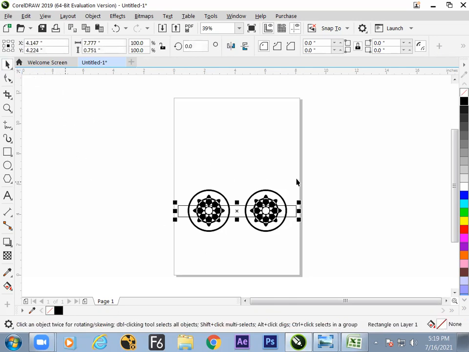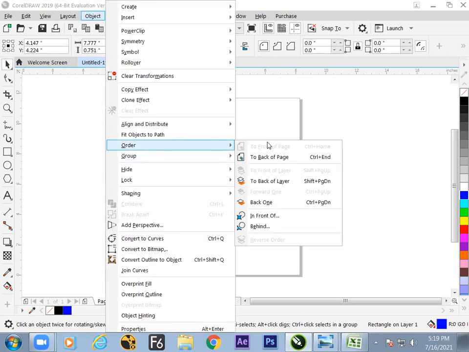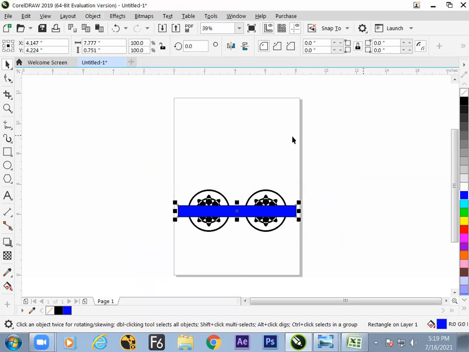In the last session, we understood how to do the ordering and the keyboard shortcuts. Control Page Down and Page Up is for ordering. Here you can find the order. Control and Shift with Page Down and Page Up move it one step back or multiple steps. Control and Page Down is one step.